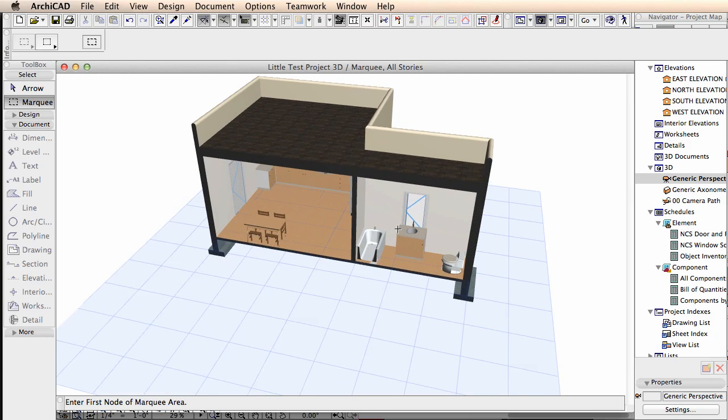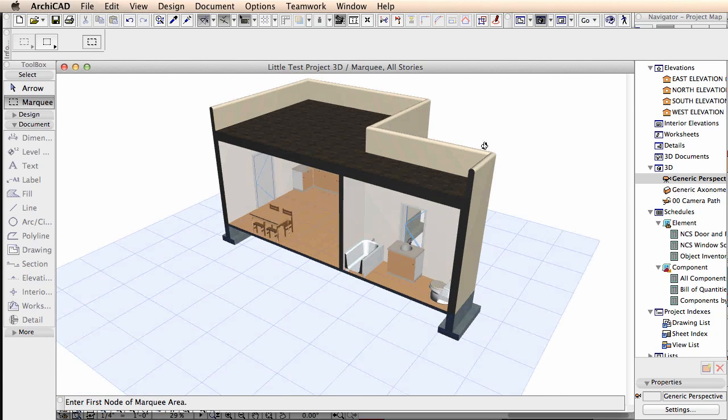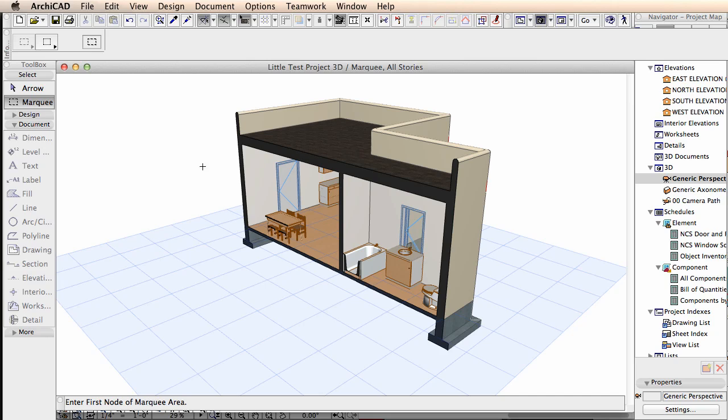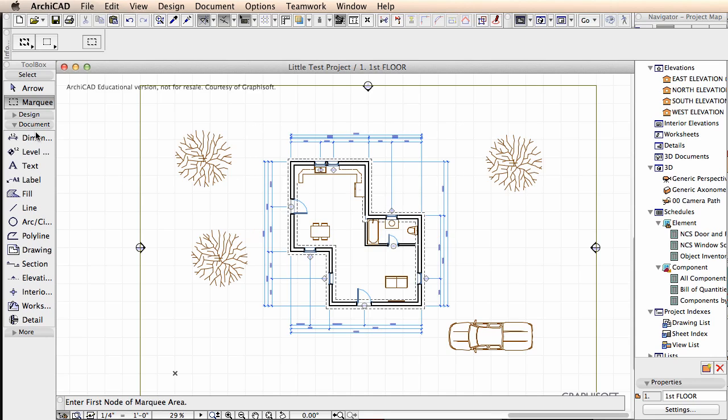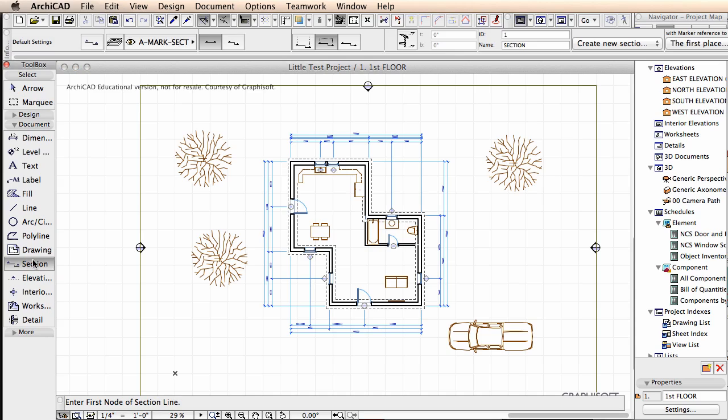What we want to do is use ArchiCAD's 2D tools to create this section so that we're looking directly at our cut surface here perpendicularly. So let's do that. We're going to go over to Document, into the Section tool, and basically what's important for right now are these three modes right here. This first mode here,